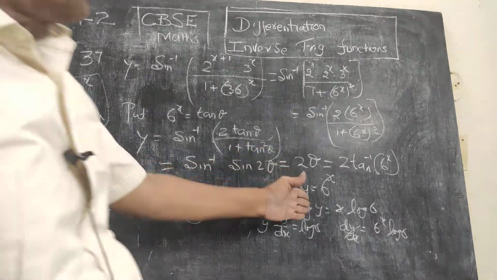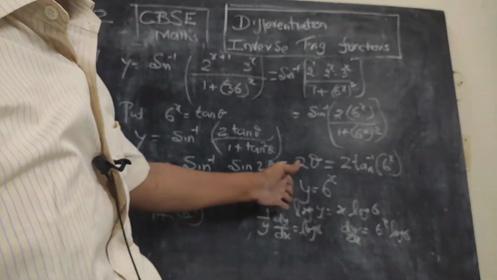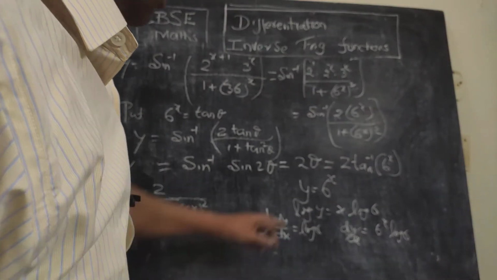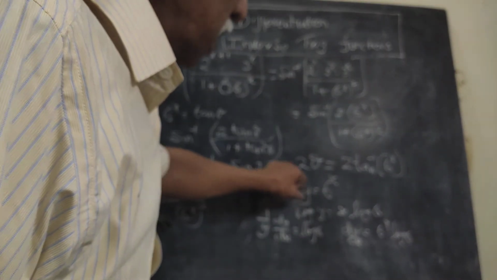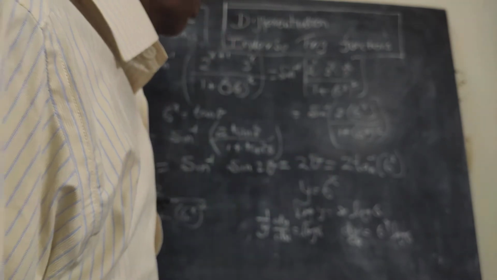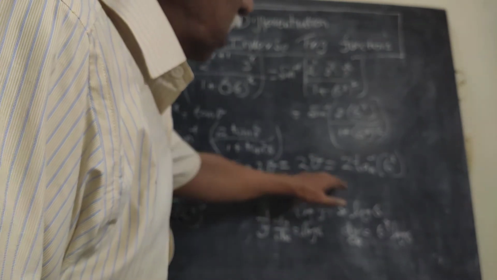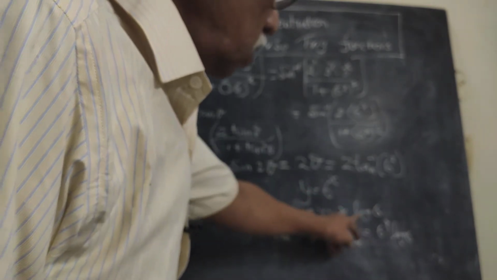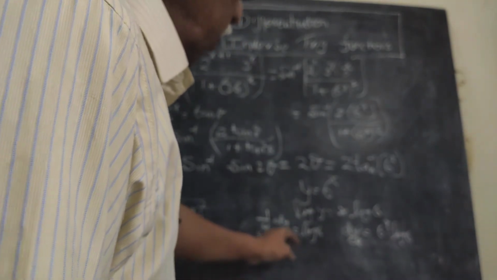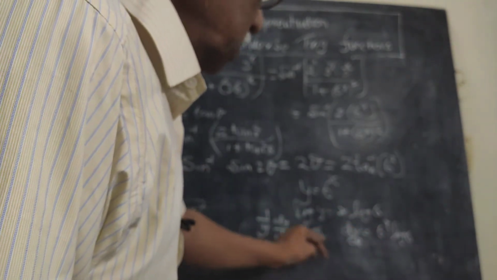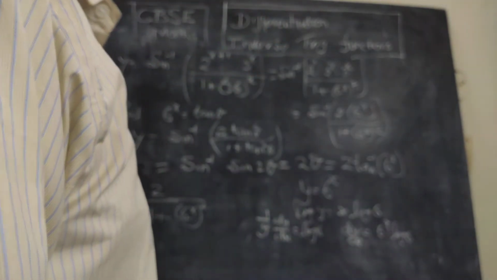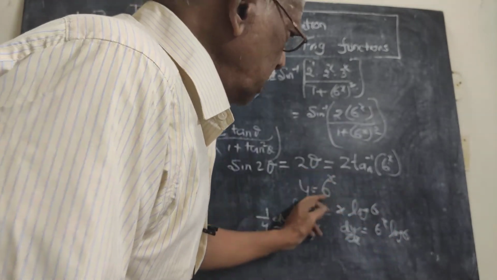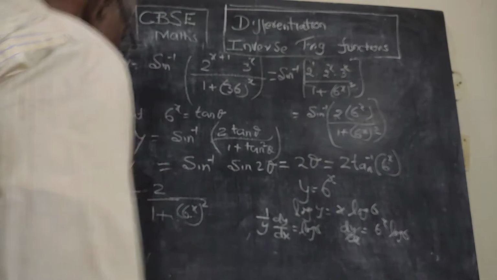How to derive it? We are deriving that. The logarithmic function we will be discussing in the future videos, but I am giving the hint of what I am going to do there. Y equal to 6 power x. Whenever x is in the power, we take log on both sides. Log y is equal to x log 6. Differentiating, 1 by y dy by dx, and this log 6 will be there, x on differentiation gives 1. Therefore dy by dx equals y times log 6, but y is nothing but 6 power x, so 6 power x log 6. That's what we are saying: if it is a power x, then a power x and log a.